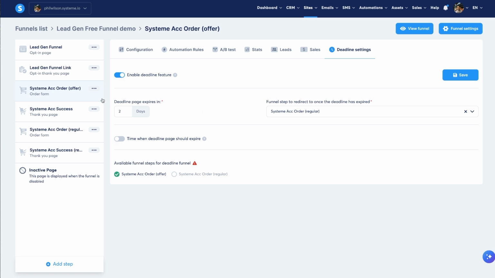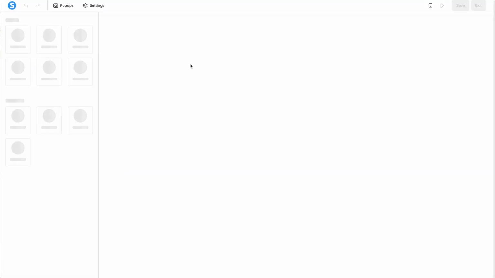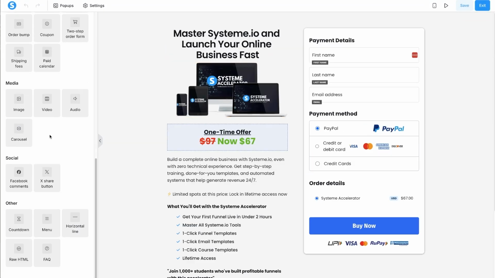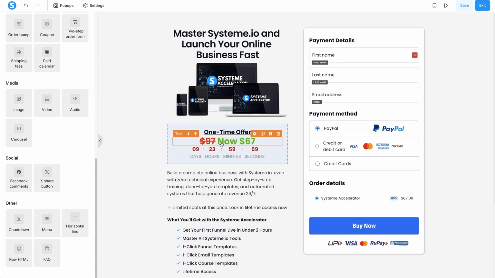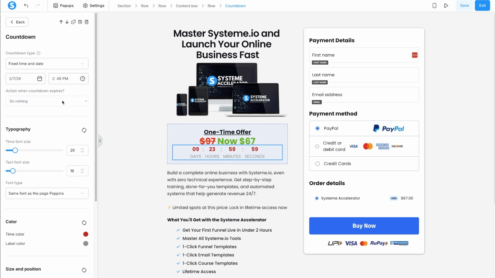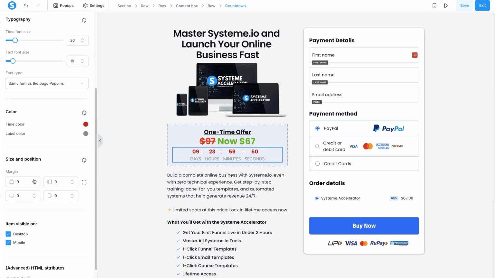To do that, you want to come to the order form step, go to configuration and click on edit page. Now on the left, once it loads, scroll right down to the bottom. There is a countdown timer element. Drag that in below the number here. Then click on the countdown timer. We're just going to give it a little bit of margin to make it look nice, maybe around